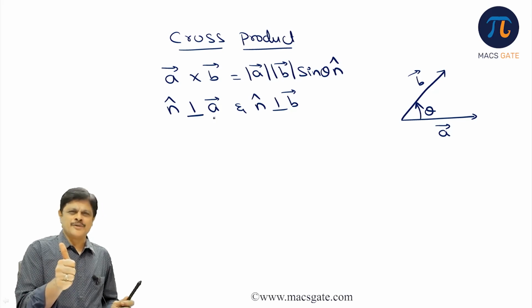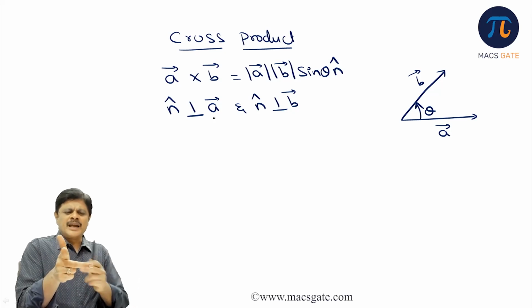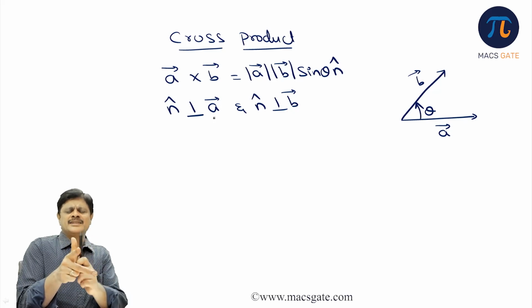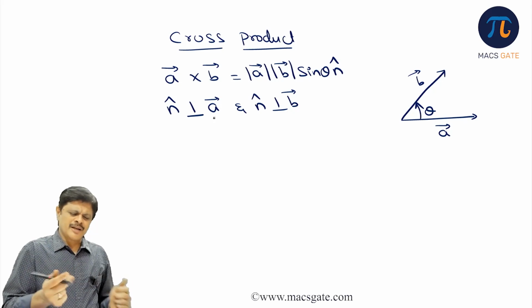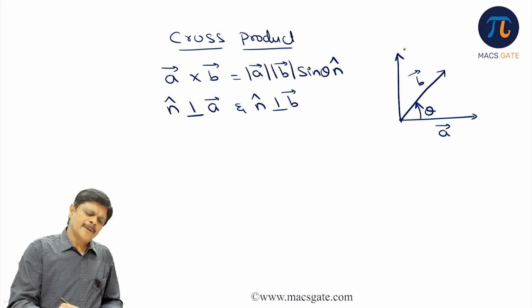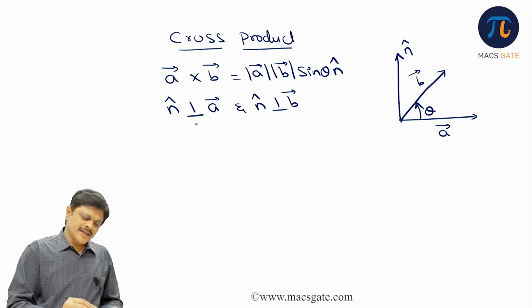We call it the right hand rule. Or there is one more way. Your index finger is pointing along A bar, and your middle finger is pointing in the direction of B bar, then n hat will be the direction of your thumb. So that is one more way people remember. You can remember the way you want. Okay, so it is perpendicular to both A bar and B bar. Is the idea clear? That is a unit vector perpendicular to both A bar and B bar. Is that clear?